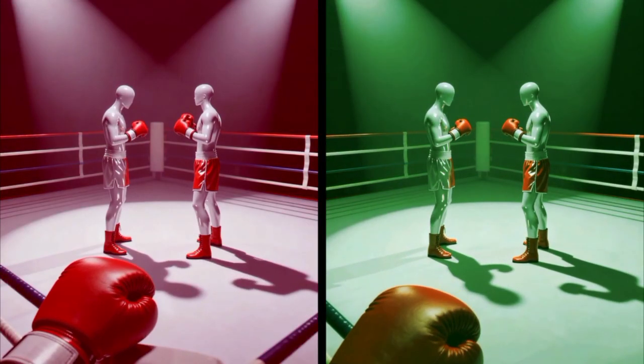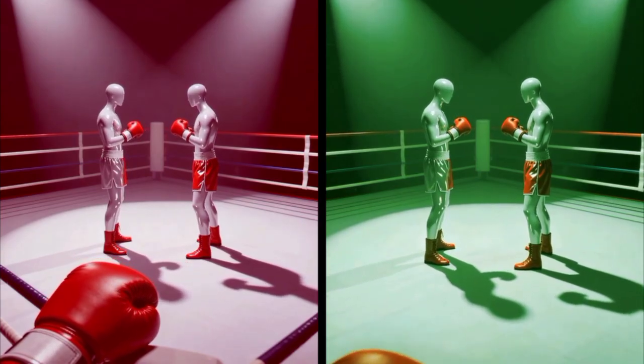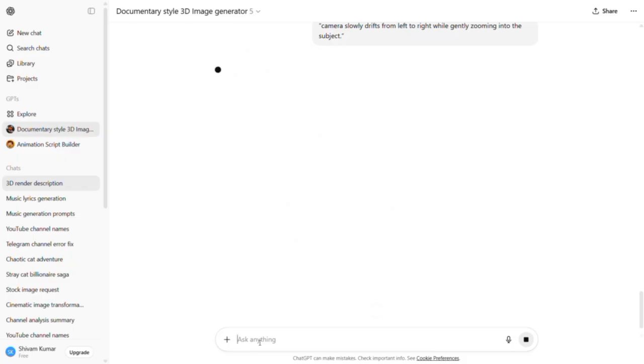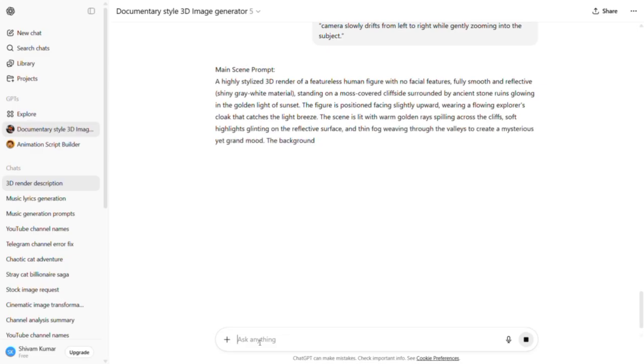But there's another thing you can't overlook. You actually need two separate prompts, one for generating the still image and another for animating it. And when you're writing the animation prompt, you must include camera movement. A static shot kills engagement instantly. Even the most gorgeous visuals will look lifeless if nothing moves. Don't worry if you're not familiar with filmmaking jargon like dolly shot or crane pan. You can simply describe movement in plain English. For example, camera slowly drifts from left to right while gently zooming into the subject. GPT is advanced enough to understand both technical film language and everyday descriptions, so it will know exactly what you